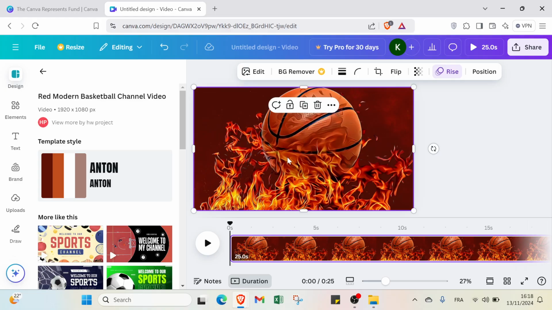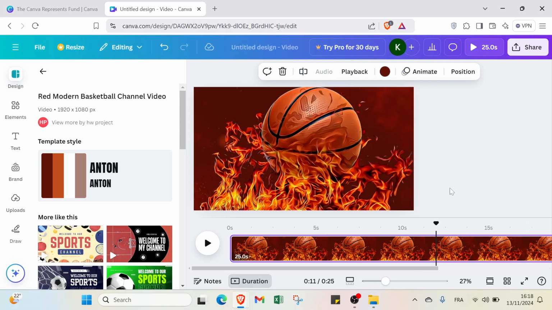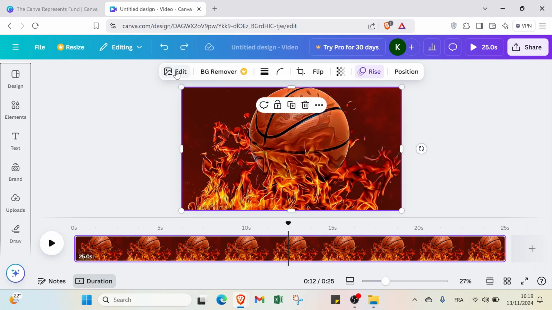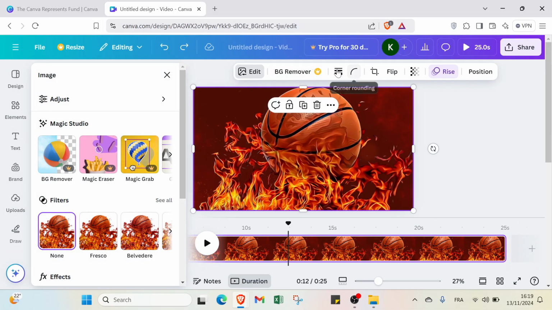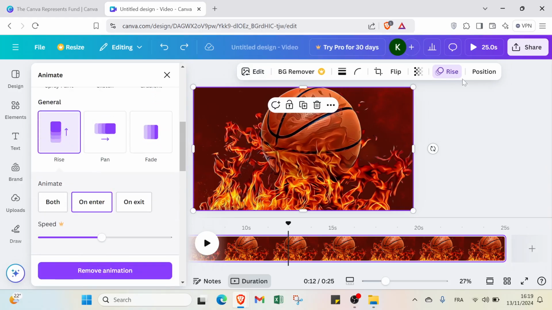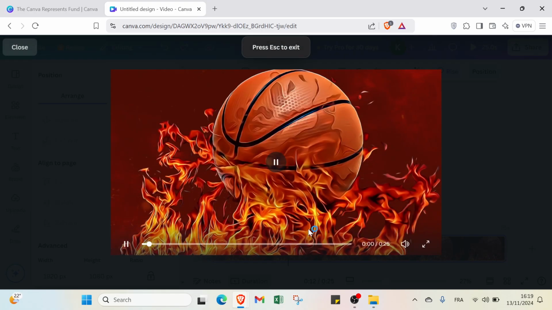And I will just add a text here, and then I will just select also this option. As you can see, we have also here the edit option. If you want the option of border style, corner round and crop, then we have flip, and also above flip you'll find horizontal and vertical. Then we have transparency, and then we have the size and the position as well. Then we have how it looks right now,